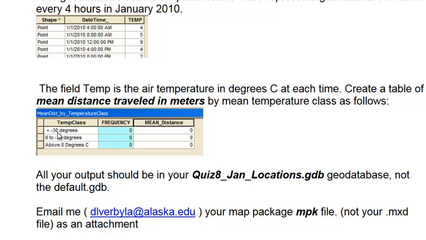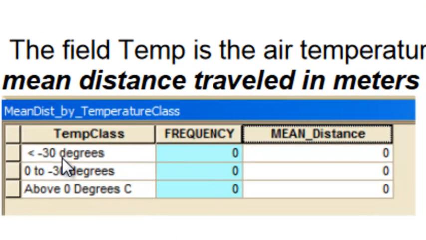So those events when the temperature was less than minus 30 degrees, 0 to minus 30 degrees, and above 0 degrees C. Total number of events, and then the mean distance traveled. So the hypothesis is when it's super cold, the animal doesn't travel very much, and when it's warmer, the animal